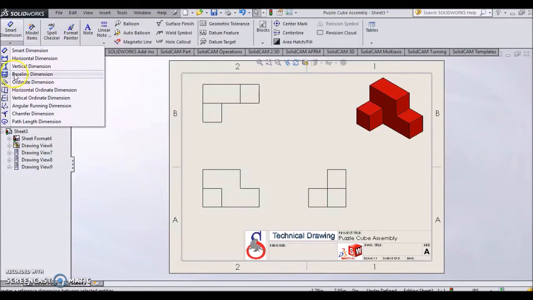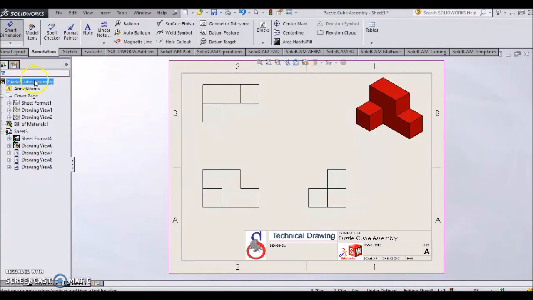And I taught you about baseline before. Notice this picture here. So this is what we are actually going to use. If I click baseline, this wants me to pick a view, and it also wants me to pick my baseline. So if I click on the left, right, now it's going to ask me to do the next couple lines. Well, if I clicked on this line, it would be going over top of my sketch, which is